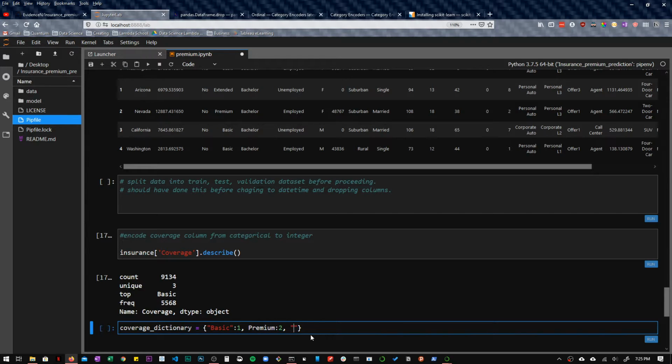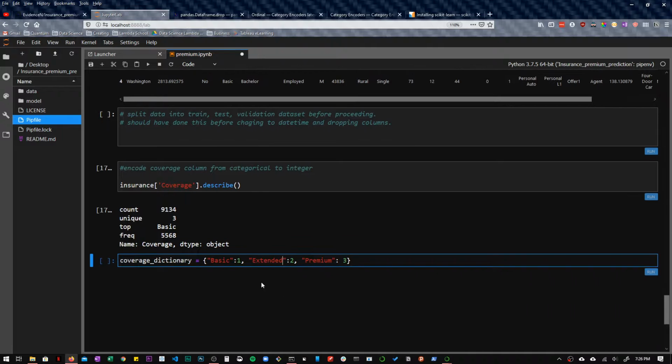Actually, this is premium here. We want it to be 3. So in this case, natural order of stuff matters. That is why I am giving basic 1, extended 2, and premium 3